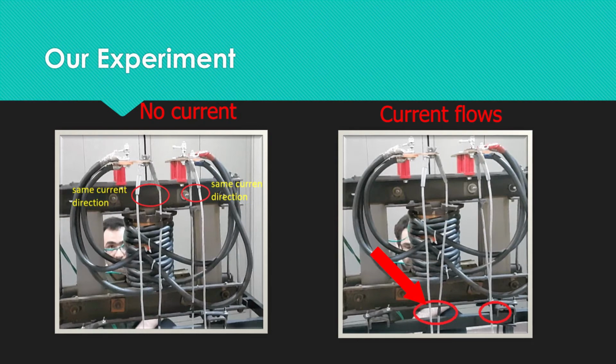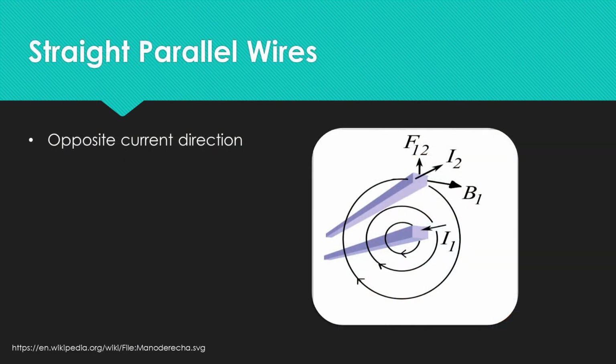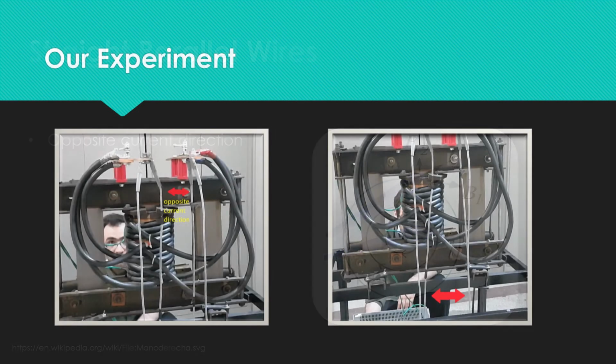direction attract each other. Two straight parallel wires with the opposite current direction repel each other. B1 is the magnetic field of I1 current and F12 is the force applied to wire number 2. The magnitude of the force is proportional to the current's value. In the left picture, no current is applied to the wires, and there is no force between them. On the right side, the current goes through the wires, and you can see that wires with the opposite current